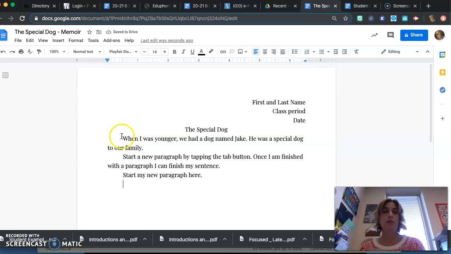And so each time you start a new paragraph, it's going to scoot over with just one tap of the tab button. You can also see a good example of this in Schoology, the good student example that I'm showing you. So let me know if you have any questions, and